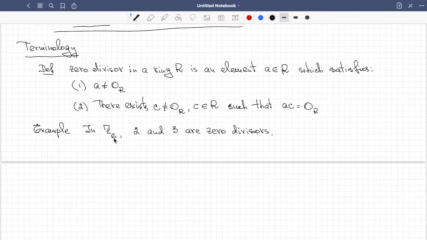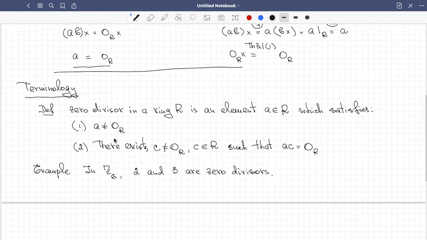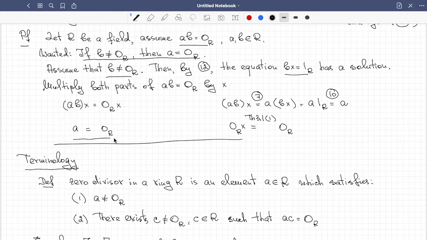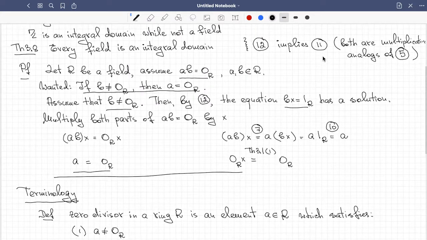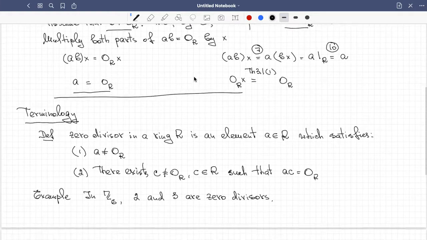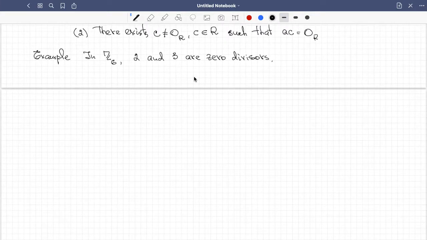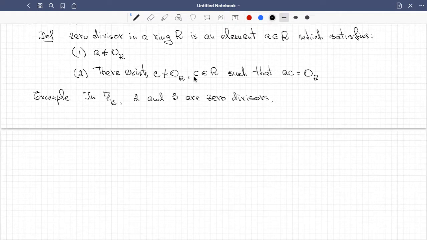The class of 6 is the same as the class of 0 in Z mod 6. By definition, an integral domain has no zero divisors. This is a restatement of the condition 11, the condition that we dealt with: if a product is 0, then one of the factors must be 0. So with the notion of zero divisors, one can reformulate